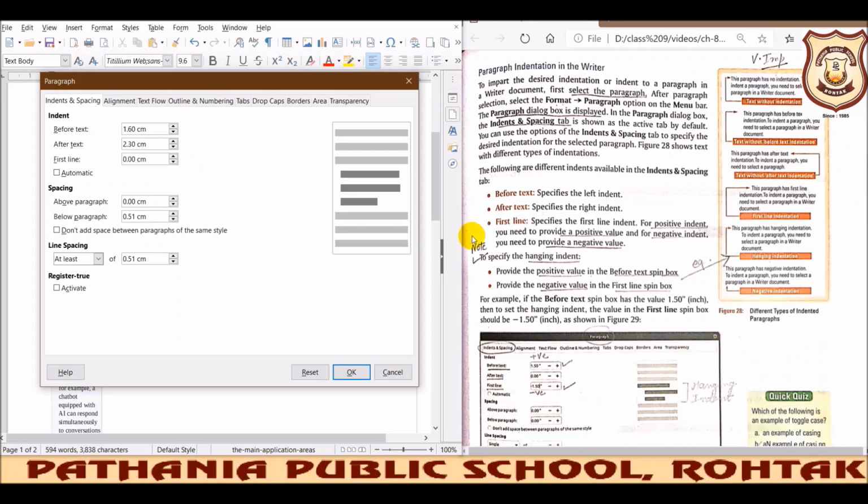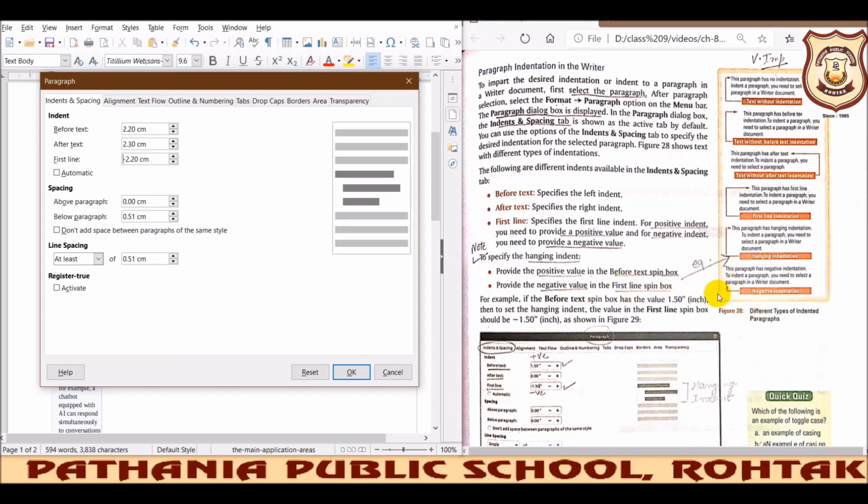So make a positive value in before text, and then make a negative value in the first line spin box. This type of indent is known as hanging indent, because one line is hanging out. When you make it negative, it automatically gives you this type of appearance.